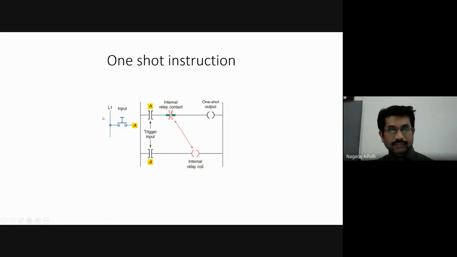This is the small PLC program for the one-shot instruction. Basically, students, you all have to understand the function of each rung. What they expect in the examination is the function of each rung in the ladder logic program. You have to explain what the first rung is, when it will get activated, when it becomes true, which coils are energized, and when the switch is pressed, which coils and contacts are energized.